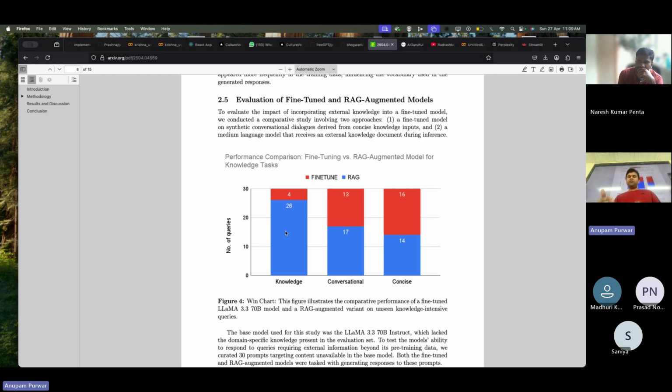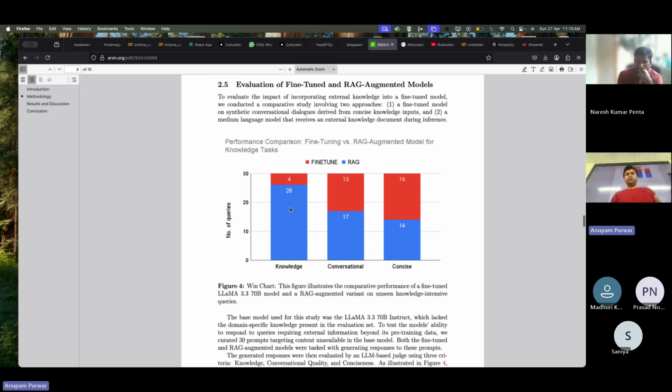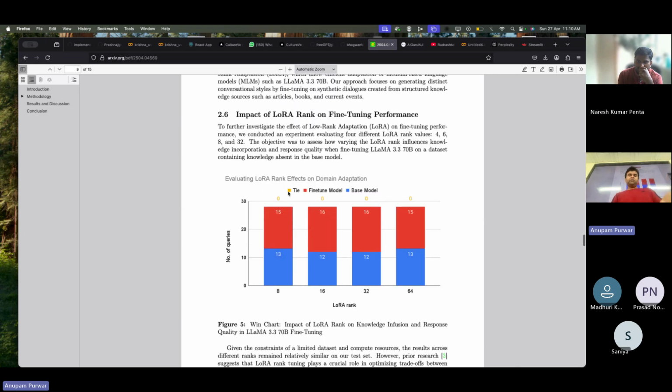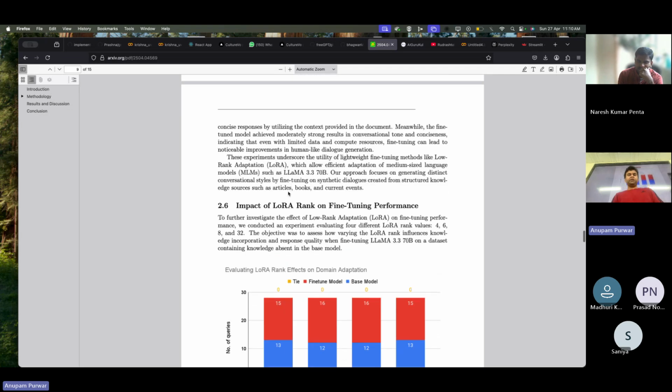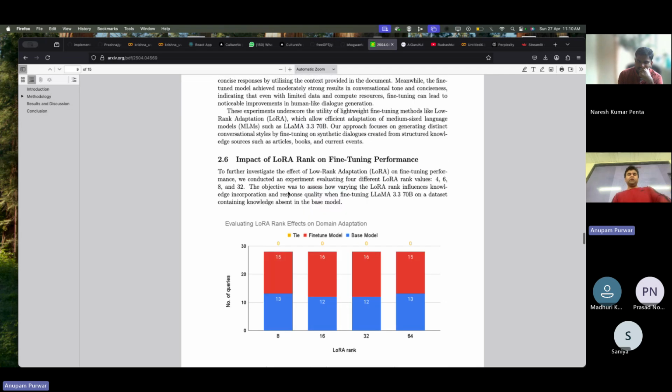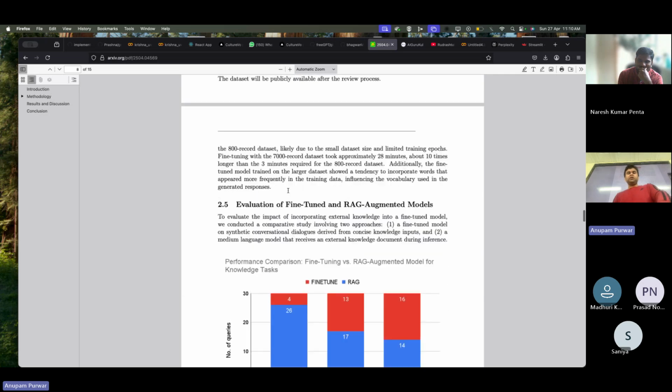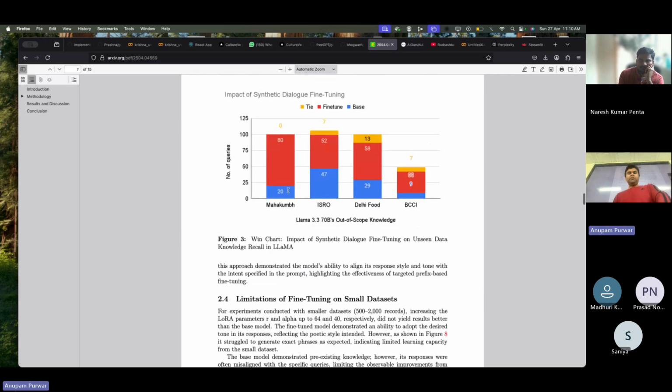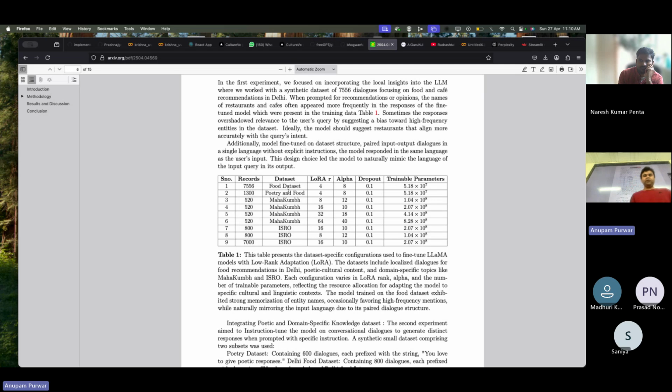In terms of the conciseness of the answer, again RAG is doing better. This performance may vary from one data set to another, but for the limited fine tuning that this person did, he's showing that RAG is doing better most of the time. So you really don't need to do fine tuning, or probably the amount of fine tuning they did in this work was not sufficient. What fine tuning parameters they used is also given there. So at least it tells you that if you use all the type of hyper parameters that they've used for fine tuning here,